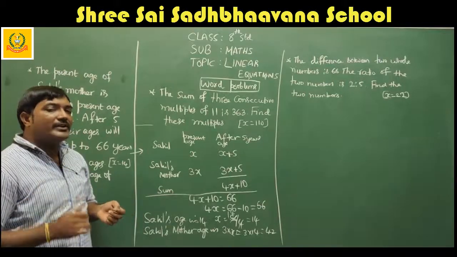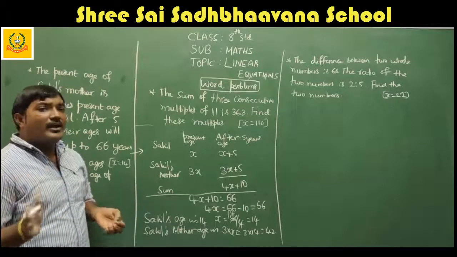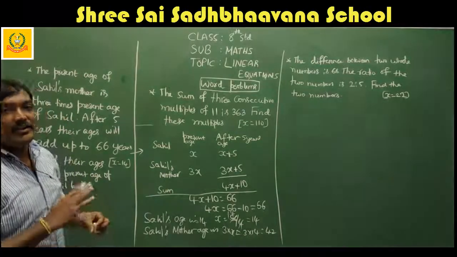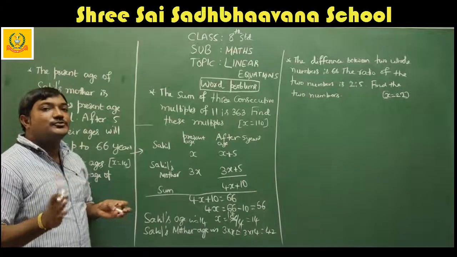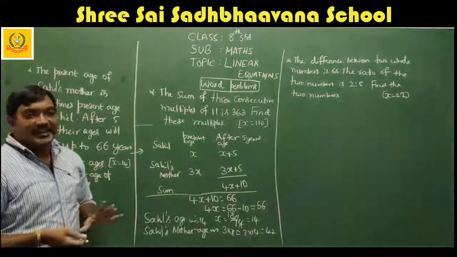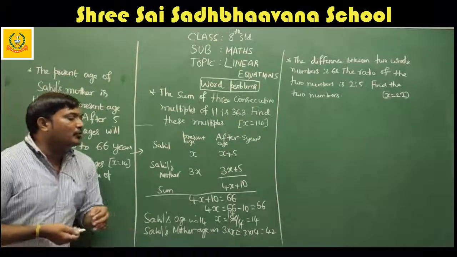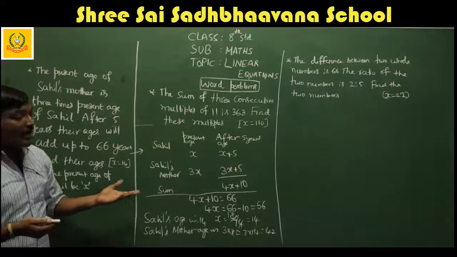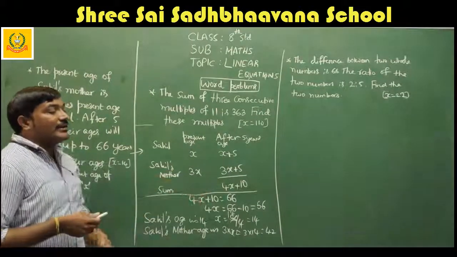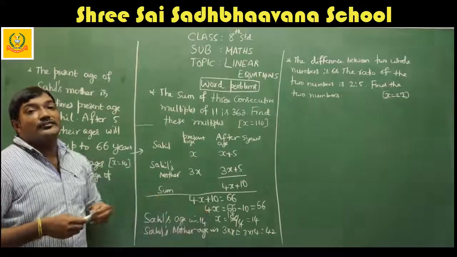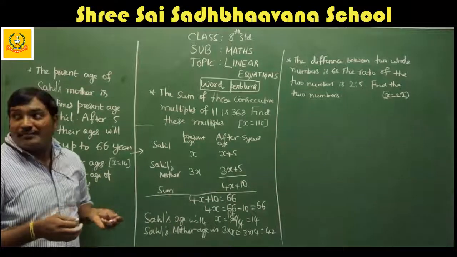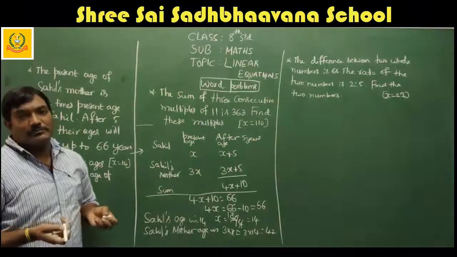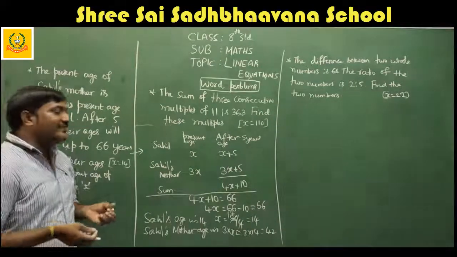Once you get the linear equation, it is easy to solve. As I told, no need to follow any rule 1, rule 2 here. Just directly transpose the terms from one side to the other side and find the value of x. So 4x is equal to 66 minus 10, which is 56. Here x is multiplied by 4, so if it goes to the RHS, it will divide 56. So 56 divided by 4 is 14, as we know 14 4s are 56.